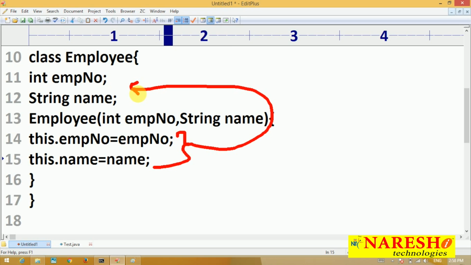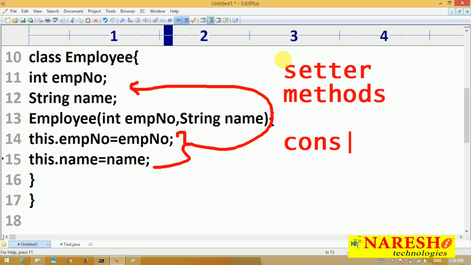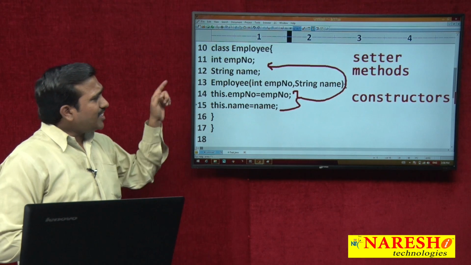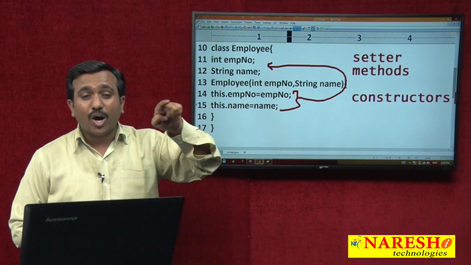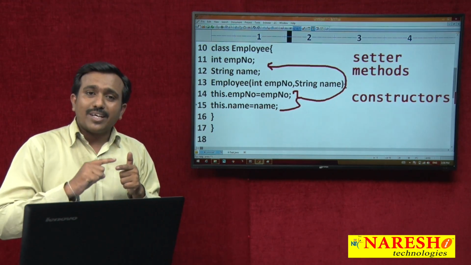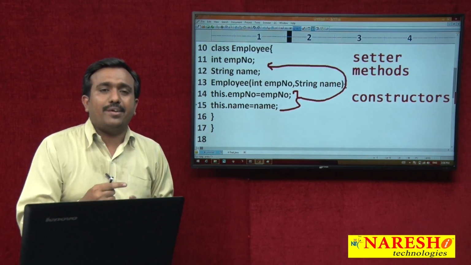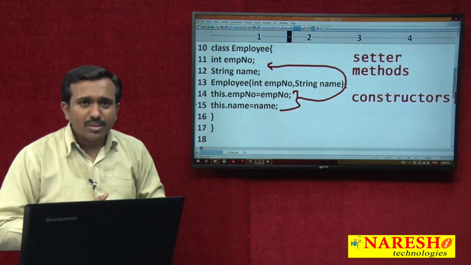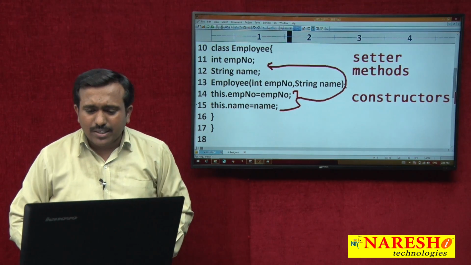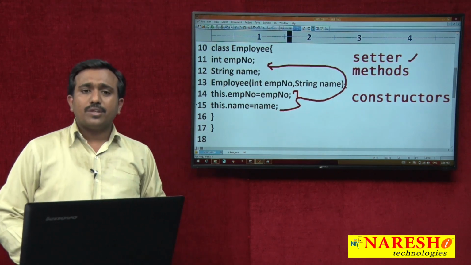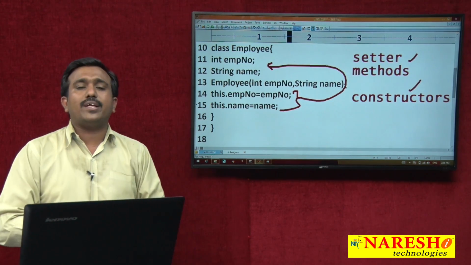To provide the initialization to the properties of an object, in Java we have setter methods and also constructors. So either we can use constructors or we can use setter methods. Constructor is executing whenever we are creating an object. Setter method is executing on the basis of demand. That means whenever we are calling. So when we can use this setter method to provide the initialization, when we can use this constructor to provide the initialization,